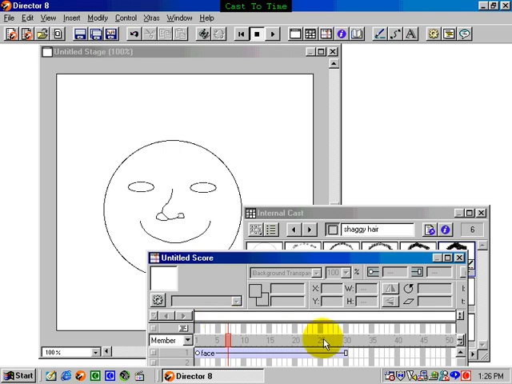Now, to create a Cast to Time animation, you move the playback head, as always, to the spot where you want your animation to begin. We want it to begin at 6 because we want 5 frames where there's no hair. Okay, so we move it to the spot where we want our animation to begin, and then we go to our cast